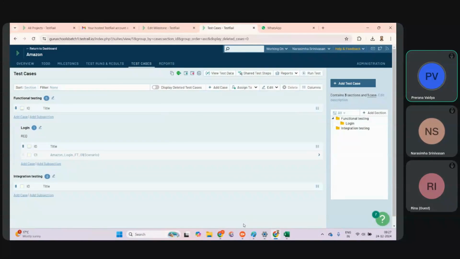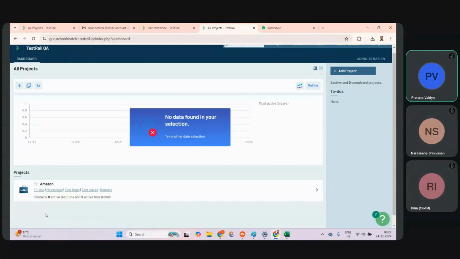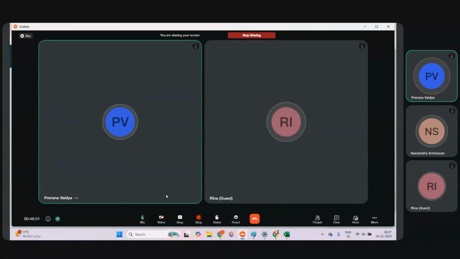I have a question. The link you said is good for 14 days, that's what you are saying? Yes. So we have to enter our email address and the password you have shared, right? No, whatever email addresses I have given, the same URL and username will work. But you have to create different projects, not Amazon. Create your own projects and do it. And sir, in real